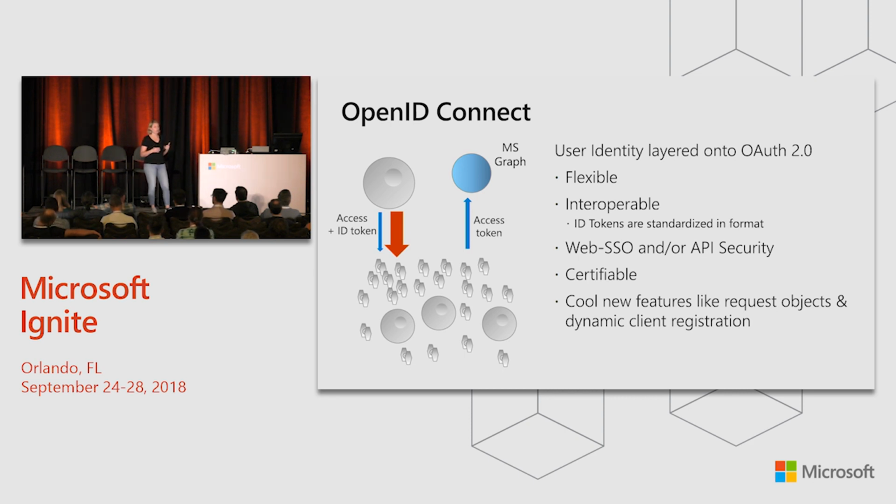Now you have a whole bunch of developers who are all writing stuff, right? And you kind of hope that they might use a library that could be certified. So we have a whole set of certification tests at the OpenID Foundation for relying parties who want to gather information from identity providers. And this is a super big deal because